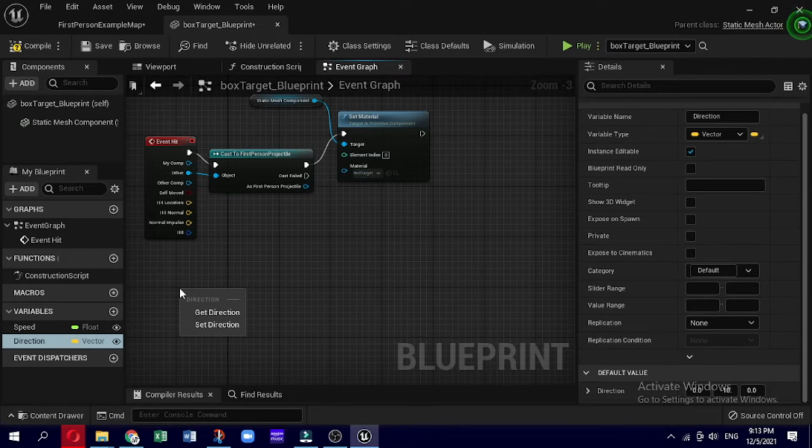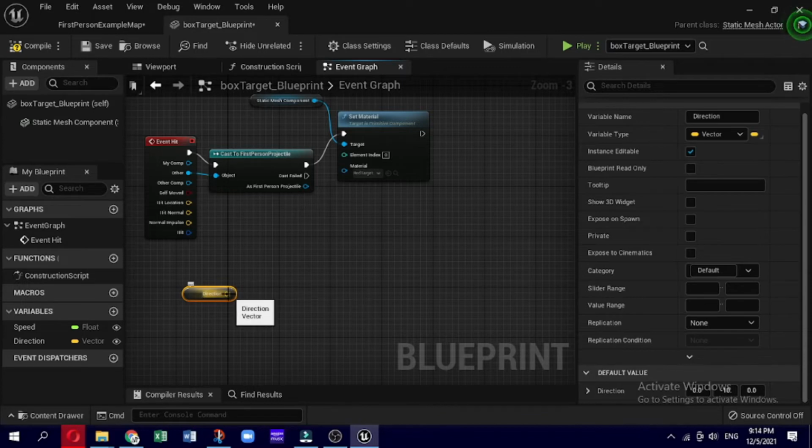Fortunately, there is a blueprint node that takes care of this for us. Click on the direction variable we created in the My Blueprint panel, and drag it into empty space in the event graph. A small pop-up will appear, prompting you to select Get or Set. We want to retrieve the value we set for the direction, so choose Get to create a node containing the direction variable's value. Click on the output pin of the direction node, and drop it into empty graph space.